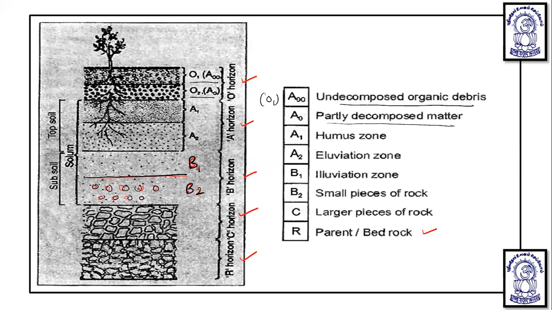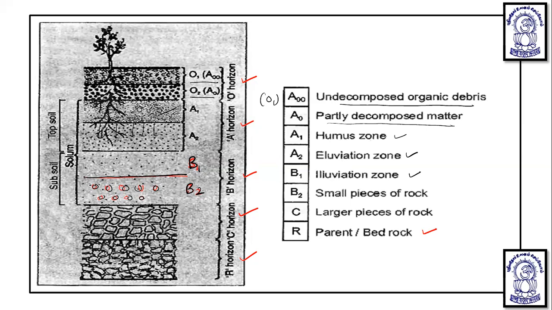Then the organic matter rich region is found, that is humus, and humus is where the organic matter gets accumulated, and below this, minerals are getting leached. Okay, so organic matter is found here, but minerals go down. So when minerals go downward, they wash down through the A2 region that is known as the eluviation zone. And then they accumulate in the illuviation zone that is known as the B1 horizon. Okay, in such a way these different regions like O horizon, A horizon, B horizon, C horizon, and R horizon are found in this particular